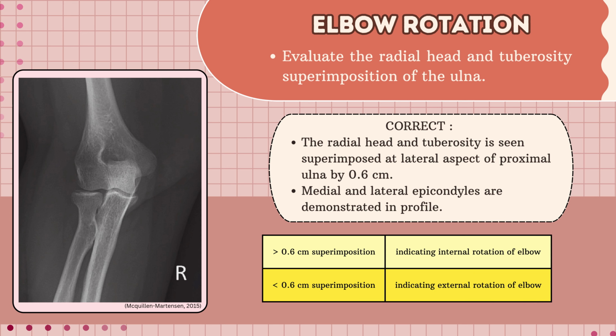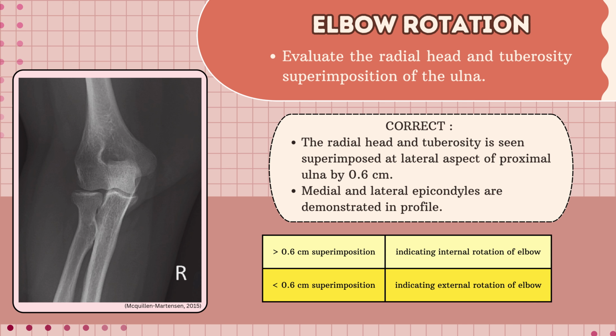In elbow AP projection, we will focus on detecting rotation and detecting flexion of the elbow to determine whether the positioning of the elbow for this AP projection is correct or not. In detecting elbow rotation, we evaluate the radial head and tuberosity superimposition of the ulna. The elbow has no rotation